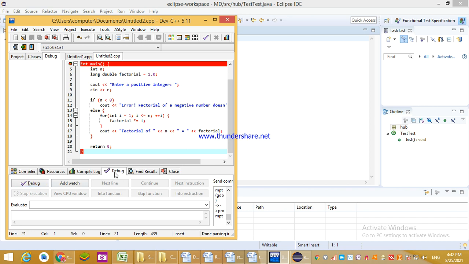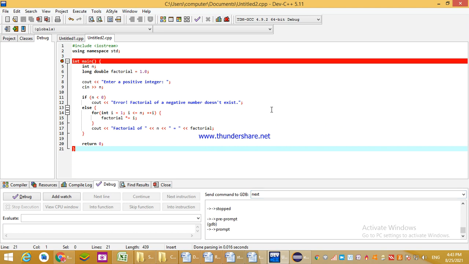What is this debug? This is one of the system software used to find out the bugs or the errors in the program. Have you understood? I think this is sufficient for you to know how exactly this system software debugger works.